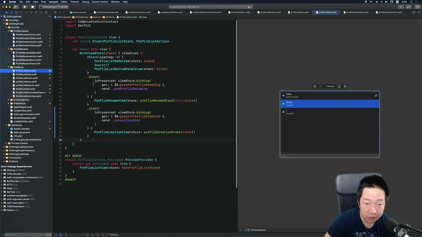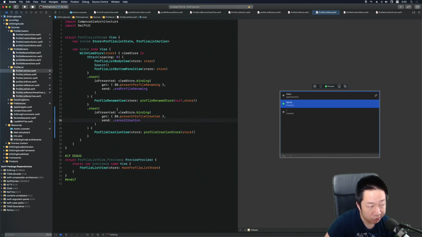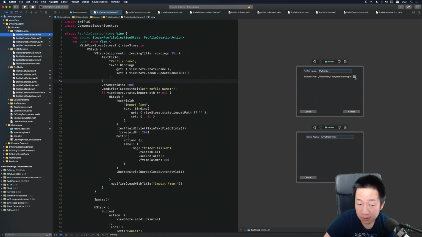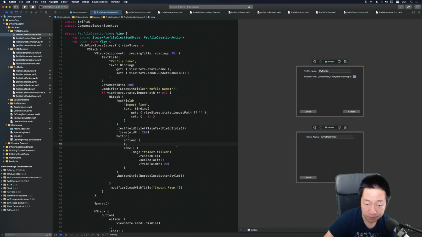The profile list view. So I guess when begin import starts, let me hook up this button as well. Where is it? Profile creation. This button, this folder button. Okay. So the action here would be